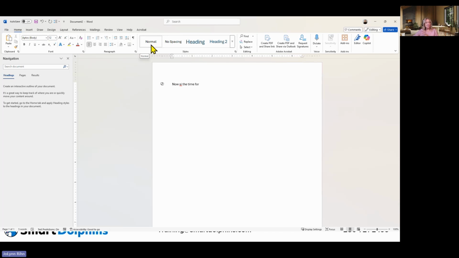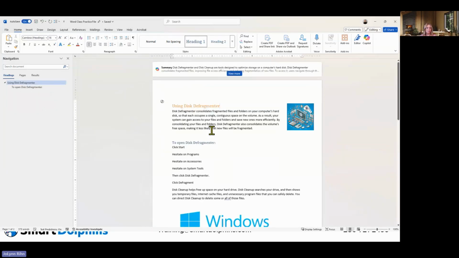So styles are being used even if you never knew that. They are being used because the default font size, line spacing, paragraph spacing, etc., is all defined by default by the normal style. But when I'm in this document, this practice file, my first paragraph, I selected that paragraph,